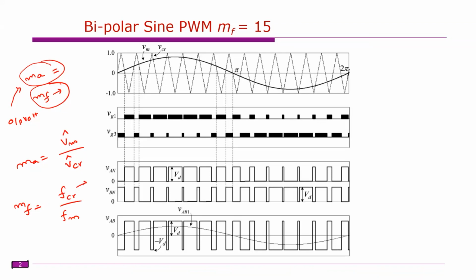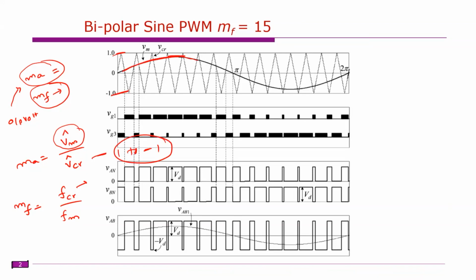Usually this carrier frequency is in the order of 1 kHz, 2 kHz, up to 10 or 20 kHz in inverters. Whereas in DC-DC converters, it usually starts from the 20 kHz range up to a few megahertz, maybe 100 kHz, 200 kHz, likewise. VM is the peak value of the modulating signal, and this is the carrier signal peak value. The carriers usually change from 1 to -1.